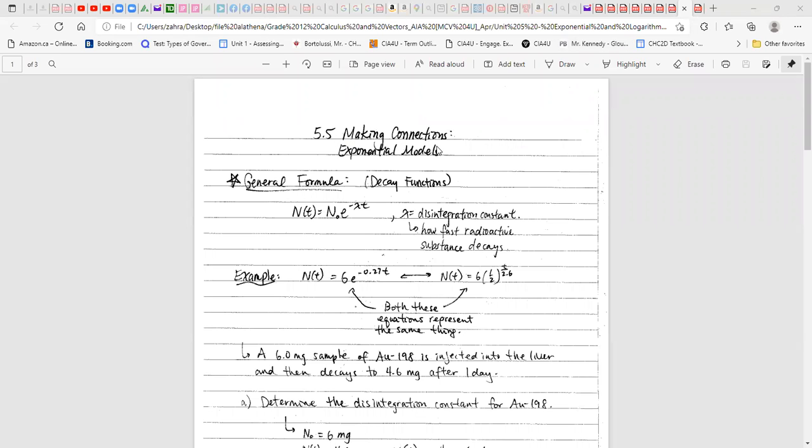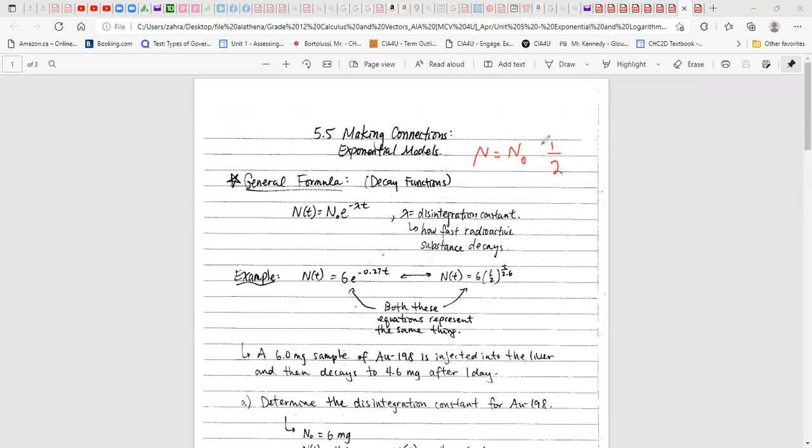5.5 making connections, exponential models. So we did talk about this model. N is the population, or the number after time t. N0 is the initial amount, e is the base, and the power is negative lambda t. Now, if we have half-life, guys, you know N is going to be N0